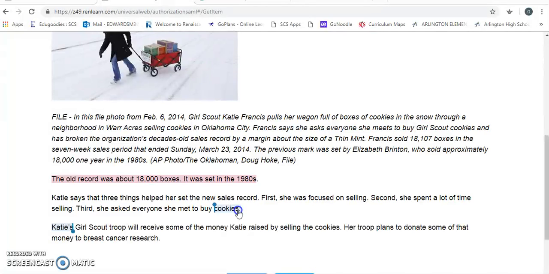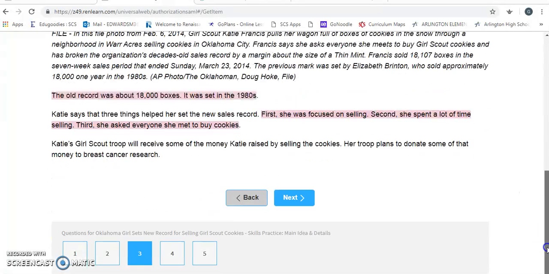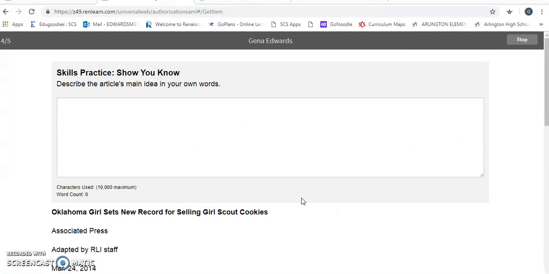I'm going to highlight those all. Oops, did that wrong. Go through and highlight that. That's another key detail to me. Okay, so that's three different key details. That's fine. Now, if you go to the next screen, now it gives the students an opportunity to type out